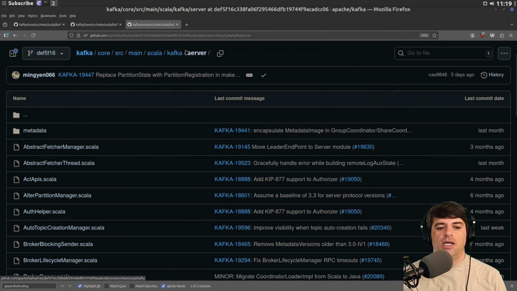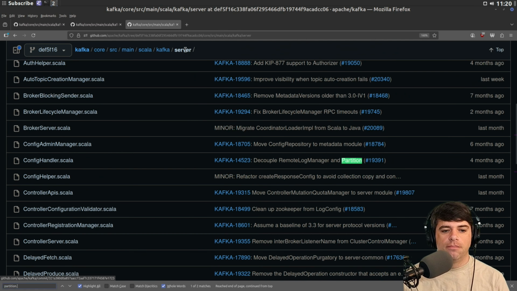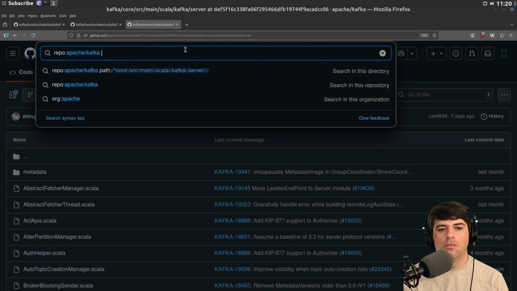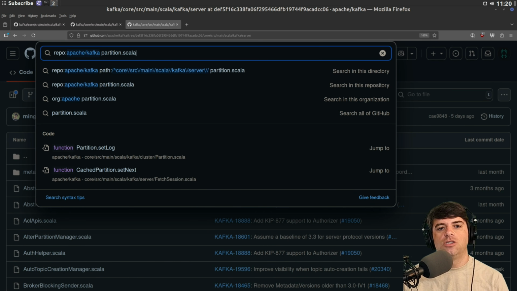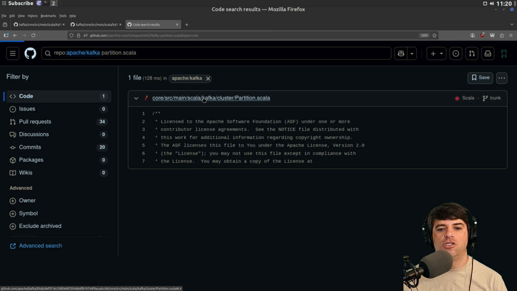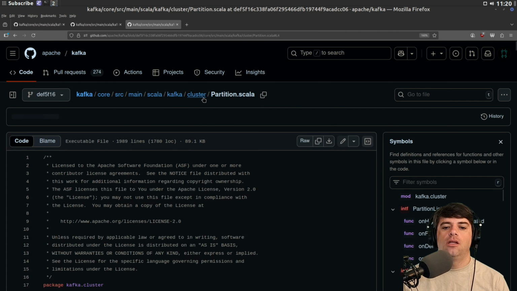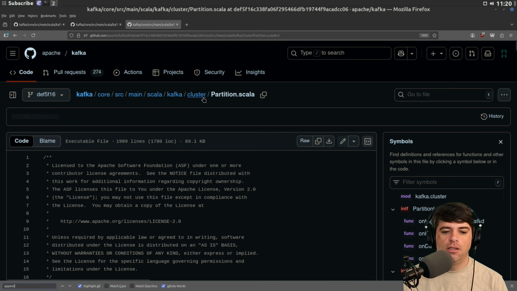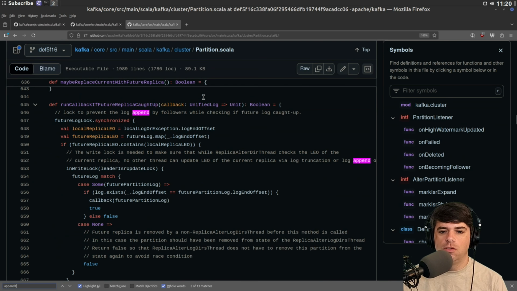let's find partition again. I don't think it's in this directory. Partition, I think it's the Scala one, right? Partition.scala. And we want to find what it's called, append records to leader.